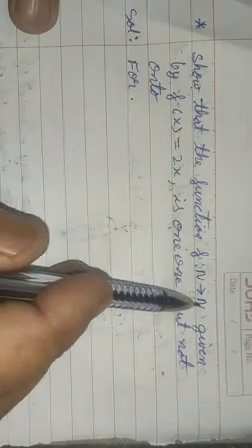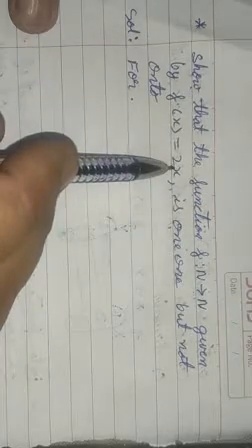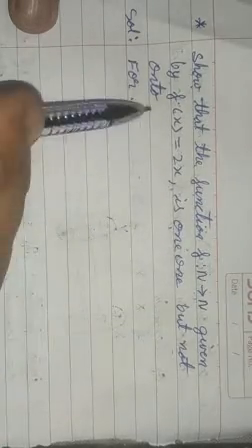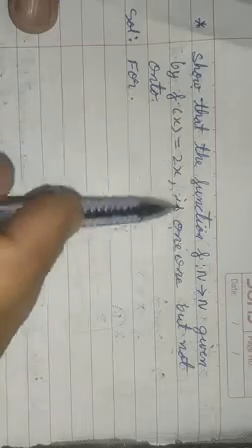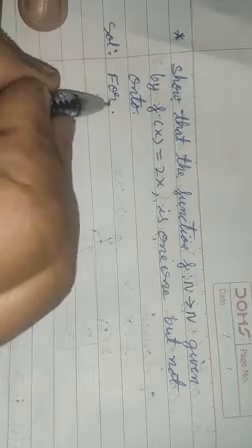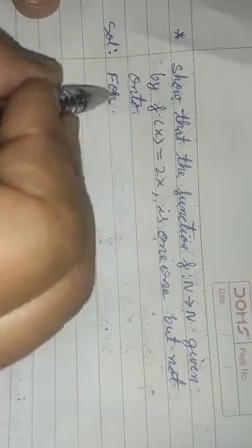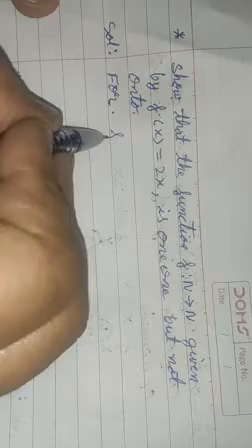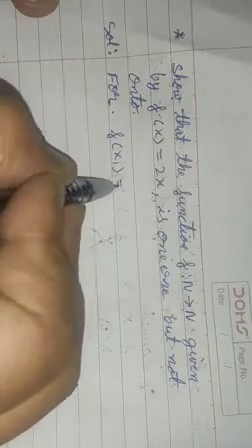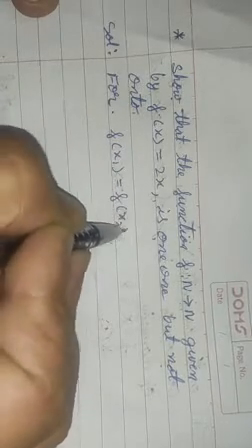Now अब हम देखेंगे कि किस तरह से हम क्वेश्चन सॉल्व करेंगे इसके. Now here is a question: show that the function f from natural numbers to natural numbers given by f(x) equal to 2x is 1 1 but not onto. Now you have to prove this function is 1 1 but not onto. Now for this, suppose f(x1) is equal to f(x2). 1 1 प्रूव करने के लिए हम इसी तरह से प्रोसीड करेंगे. We will take f(x1) equal to f(x2).